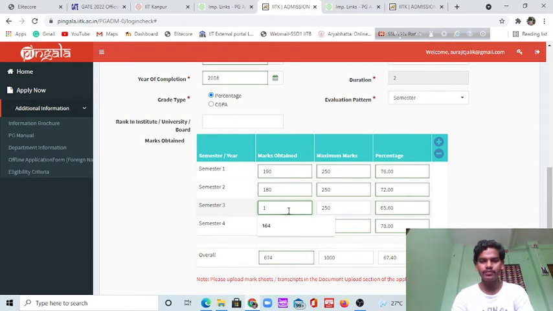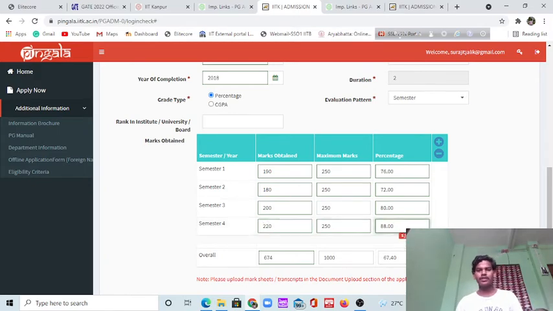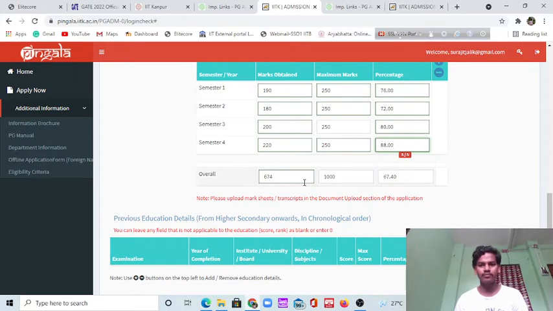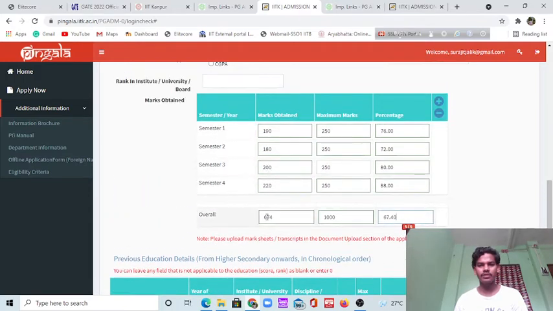Suppose you have to change this, okay. So these are some important information, and look, it will change. You have to calculate this out of this, and then you have to calculate this.